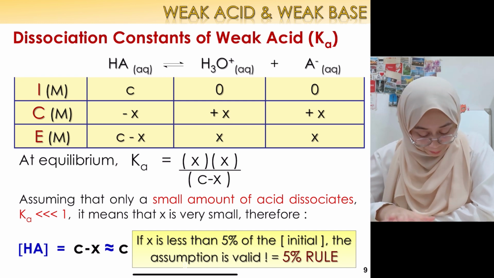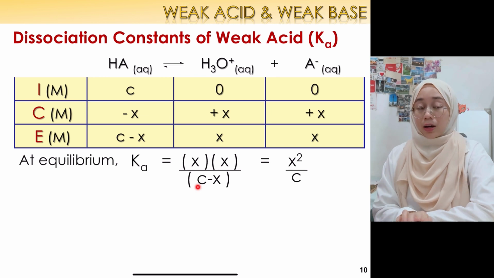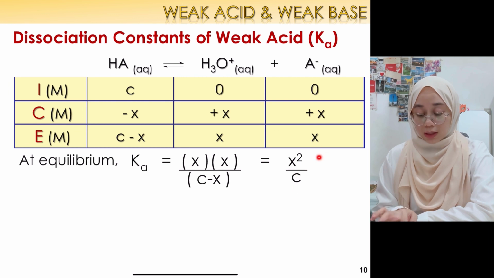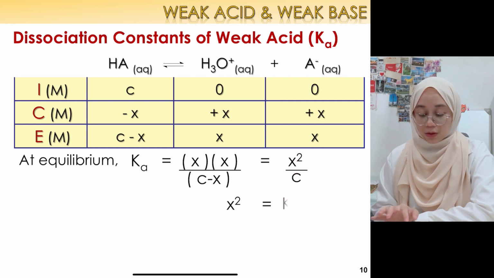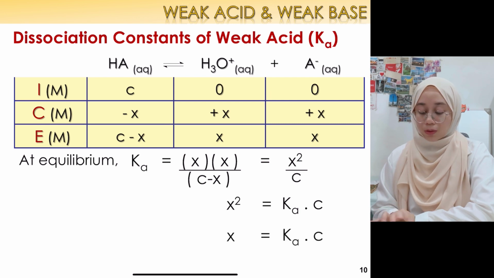Okay, but for now, since we assume that the Ka value is very small, therefore C minus X here equals to C, so we will directly get it like this. Okay, so X squared is basically equals to Ka times C, so X is equals to the